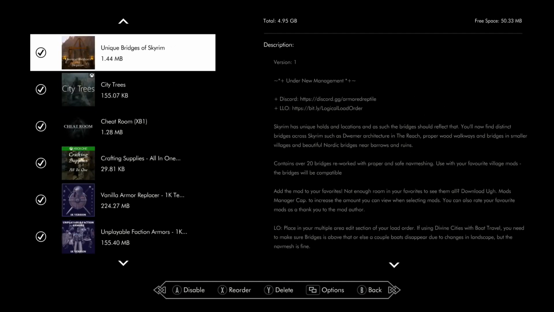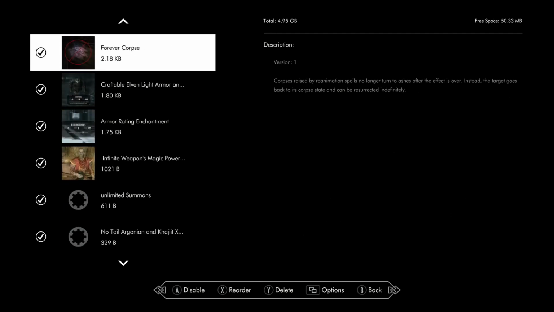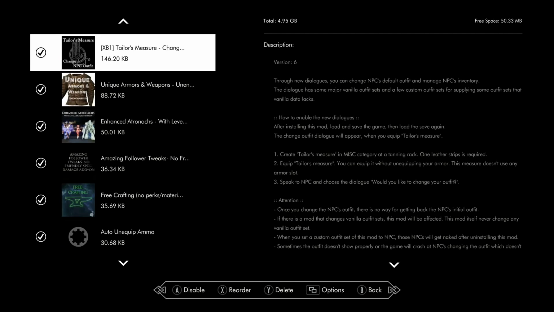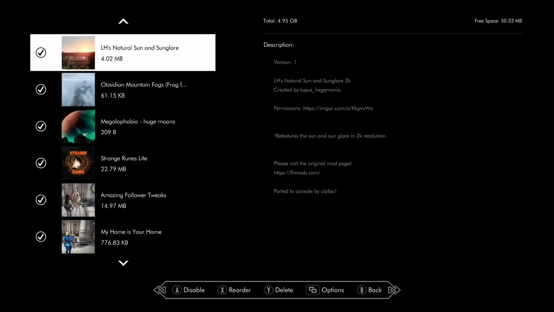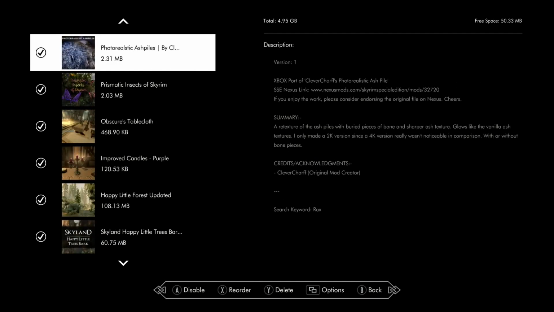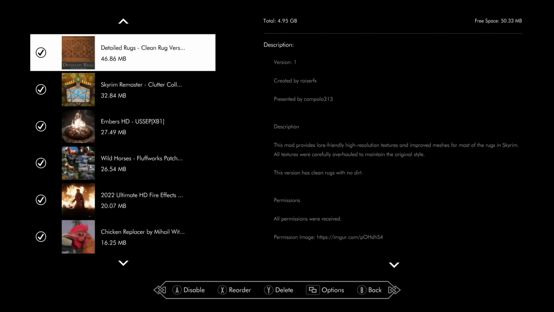So we'll just keep ticking back up here. The Mighty Dungeons is one that we're testing, and we need to test the Solstheim dungeons, that dungeon pack. And then when we head up this way, we need to test out the tougher dragons and enemies and more of them and see what happens with that. And then, of course, there's the whole idea of this. Well, there's the happy little forest and the little bark, and the whole idea of all these mods together. We really have to remember that when you combine